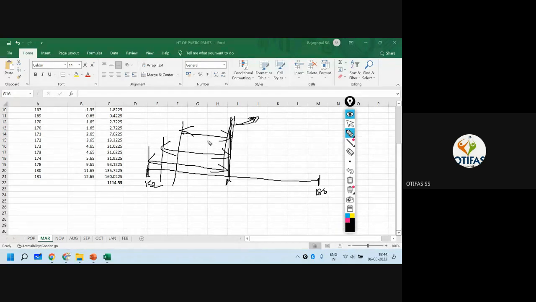And this is the formula for standard deviation of samples. When it is population standard deviation, it is X minus X bar, sorry, it's X minus X bar divided by N. This is for population. But for every sample, we take N minus 1, and it is called degree of freedom.